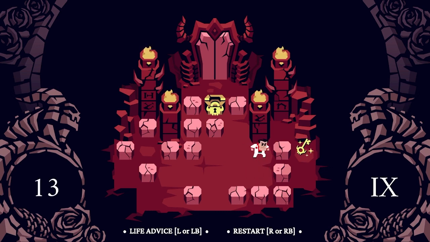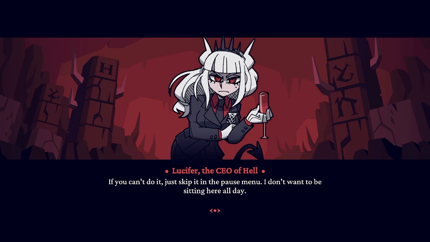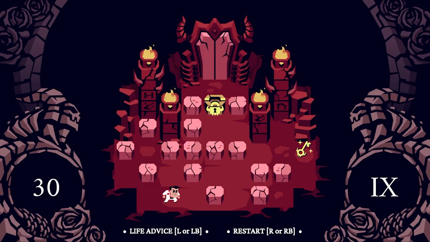lose as this one. This level really pushes the player, and as the life advice reminds the player, if they get stuck on this, it's okay to skip the puzzle if they find it too hard or just want to continue on with the story. I really appreciate this option it gives players. If you're here just for the gameplay or just for the comedic story, the game is willing to cater to